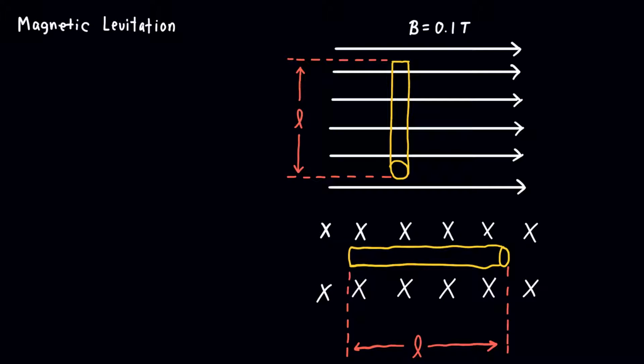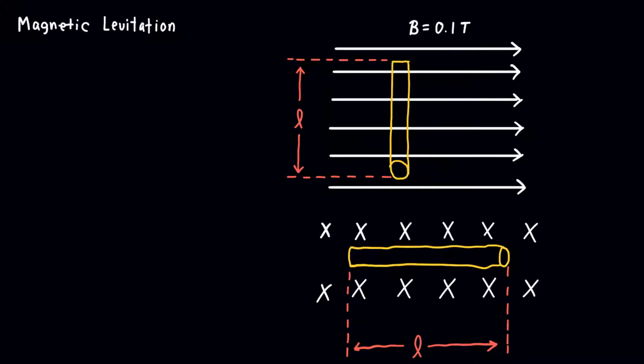Here we're going to use a simple example of a wire in a magnetic field to try and understand the basic concept of magnetic levitation. We know that if we have a wire in a magnetic field carrying a current, it will experience a force